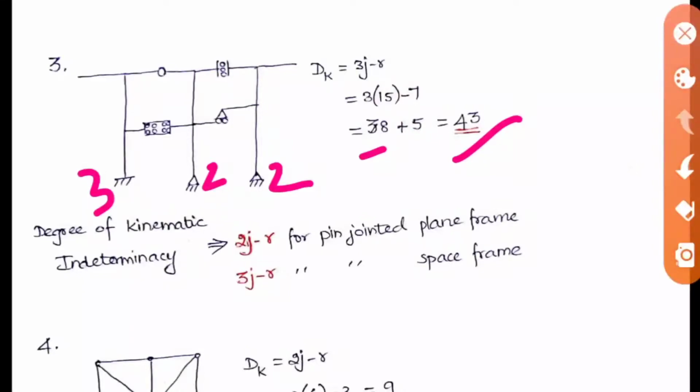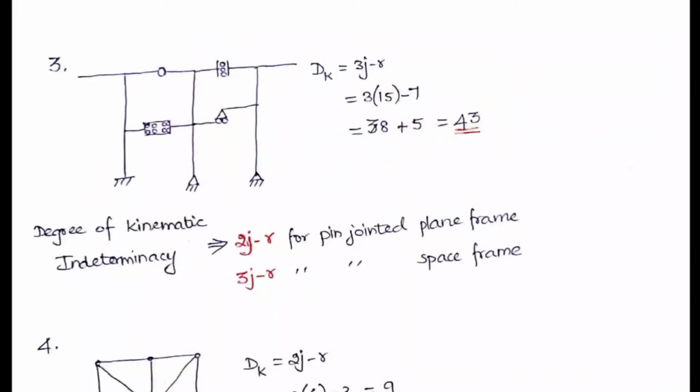Okay, so in the static indeterminacy, we will be subtracting the values of hinge, no. So if it is connected to 2 members, we will be subtracting 1 there. The same thing is different here, that is we should add the values that are produced due to the hinges. So in this case, for here 1, for here also 1, for here also 1, but this type of hinge or link is provided, so for this you should add 2 here. So totally 5. This should be added in the kinematic indeterminacy. So 38 plus 5, so that we are getting 43 as the answer.